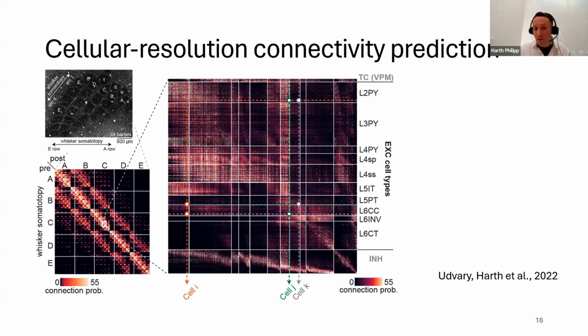So you can have arbitrarily complex circuits in there. But of course, there are certain patterns which have also been extensively studied in the past. For example, this signal flow into layer 4, into the upper layers, and then layer 5 is the main output layer. So there are certain patterns, but it's hard to give a number of microcircuits.